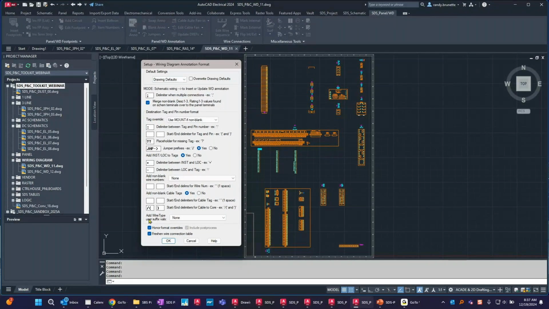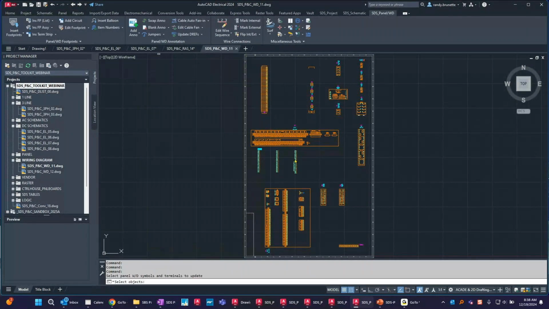This dialog shows me all of the options I have for how I want to format, how I want to see those annotations showing up in the diagram. You can see there's just a lot of different ways you can make changes. One simple dialog for that. I'm going to get this started,